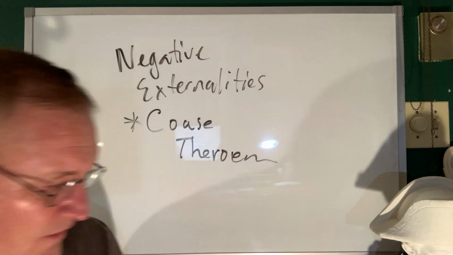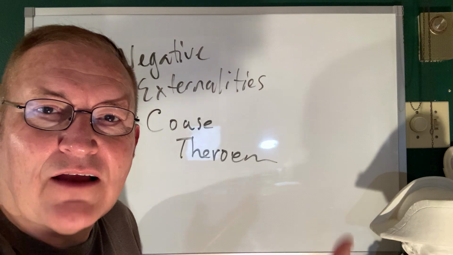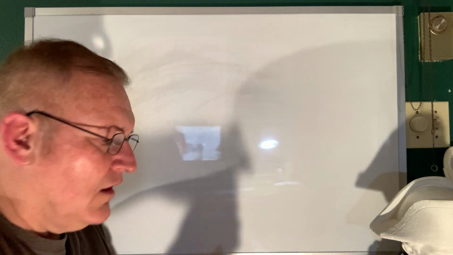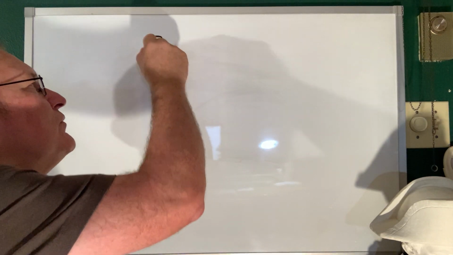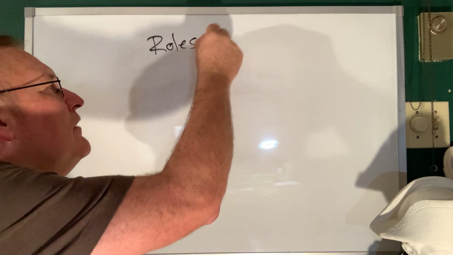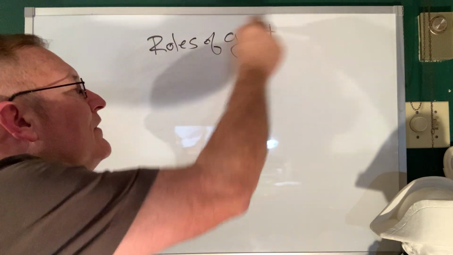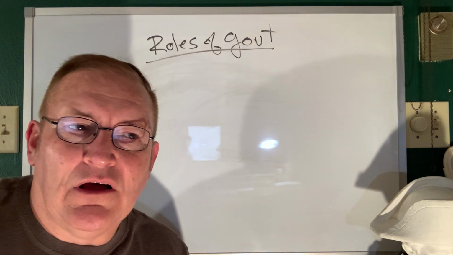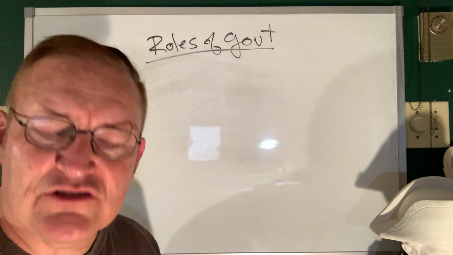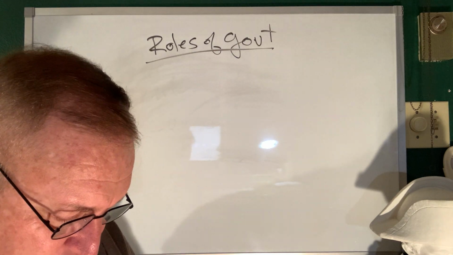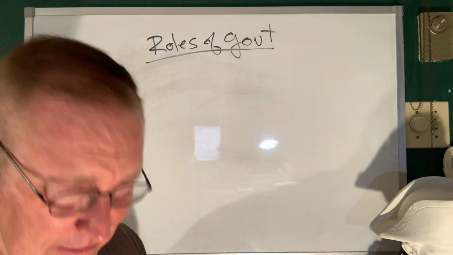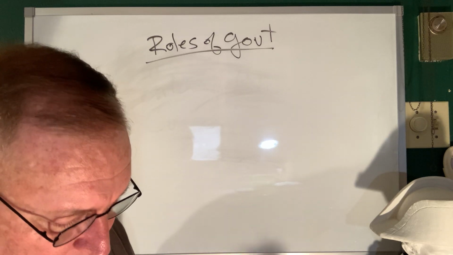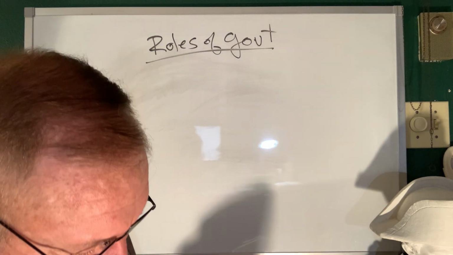That was number 1. Number 2, I'm back to not having an eraser, so I'm using my hand. These are the functions or roles of the government. And this is an interesting topic, right? Because right now there's a lot of discussion, a lot of things going on in terms of what role the government should play in society, and what exactly belongs to the government in terms of responsibility, etc. But as a minimum, I'm going to list out 6 things here, okay?